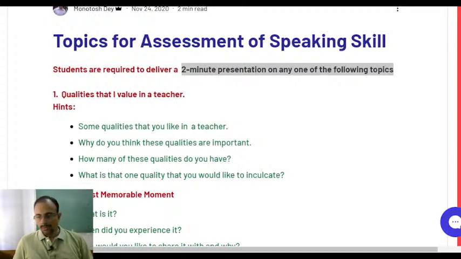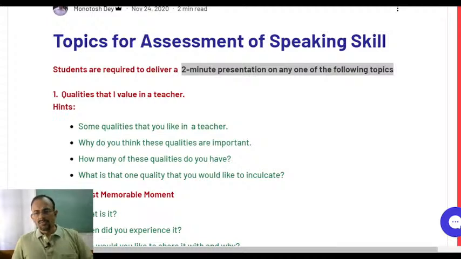So next Friday onwards we are going to start our ASL practice, so that you become familiar with the pattern of speaking and listening skill test. In 2 or 3 months time, at least 2 months you are getting. October, and there might be a test, let's see when it starts, or might be November also, first week.